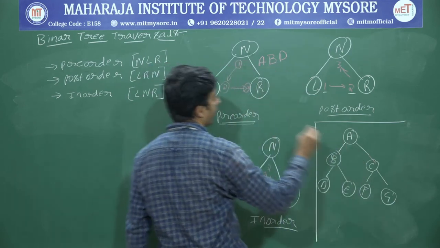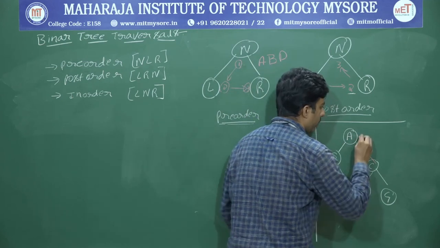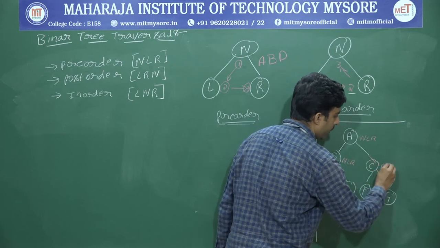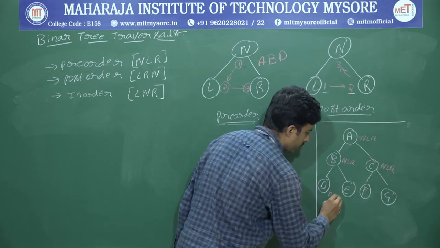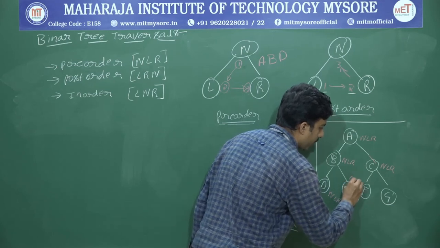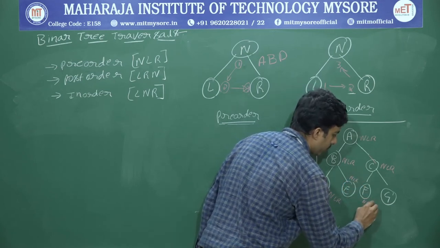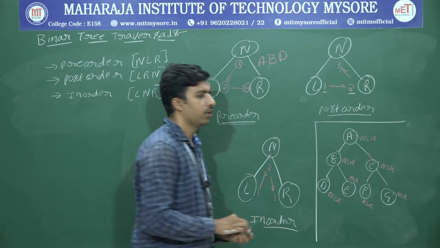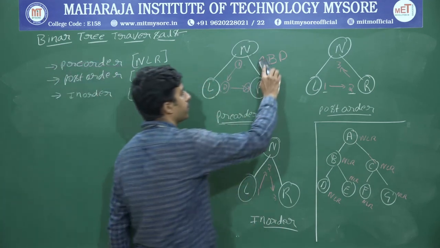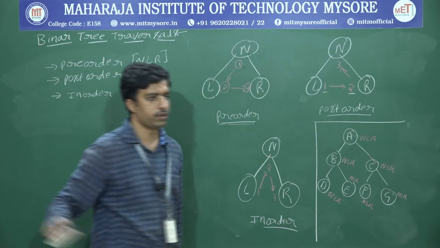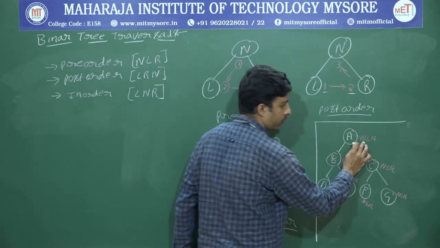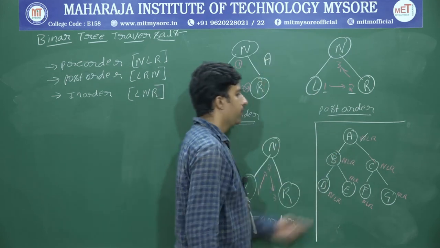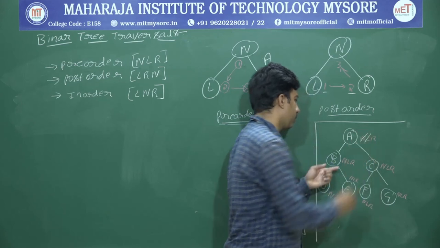I am going to write one method here: NLR. Simple NLR. I will write NLR everywhere. This is one of the easiest methods. It may consume time, but you won't miss any process. Node, left, right, nothing else. Check: node is encountered, yes. When the node is encountered, you are supposed to print the value. Now left is encountered, yes. Control comes to here.